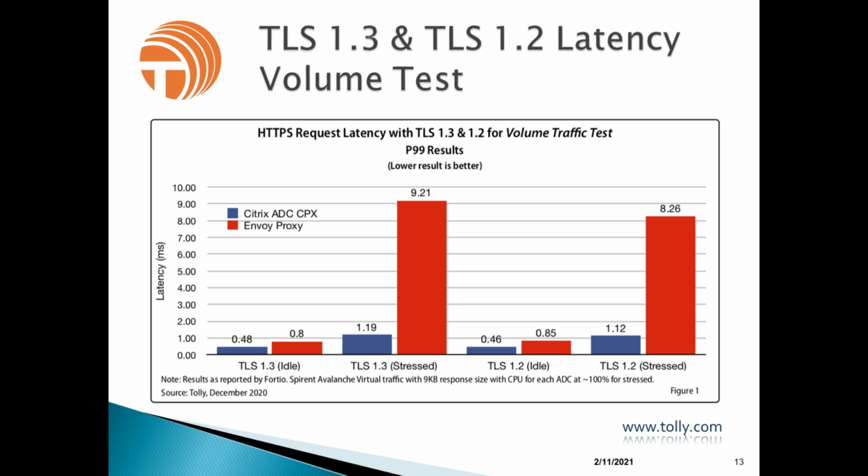So again, same type of test, and same type of stress for this environment. So you can see the 1.3 on the left side of the screen, the 1.2 on the right side of the screen, and obviously your eyes are going to be drawn where mine are drawn, to those two big red towers there for the stress tests for 1.3 and 1.2. So you can see here, this is very, very, very significant, from 1 millisecond up to 9 milliseconds, and again from a little bit over 1 millisecond up to 8 milliseconds, both in 1.3 and in 1.2. So that's fairly significant